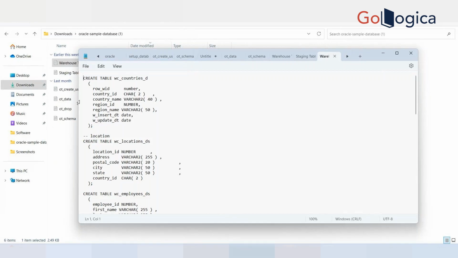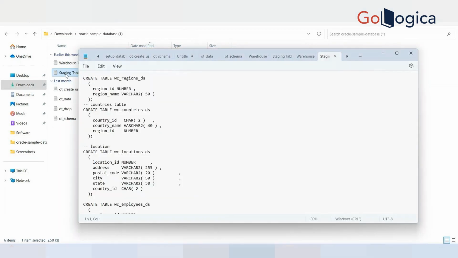We have loaded the data into the staging tables, right? Now we will load the data into the dimensions and the fact tables. Like we loaded yesterday the data into the regions dimension and the countries dimension, stage tables, not the final dimension. In the final dimension table, what I have done is